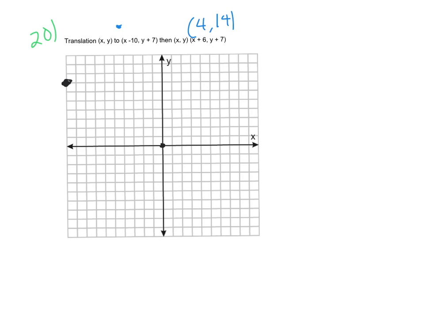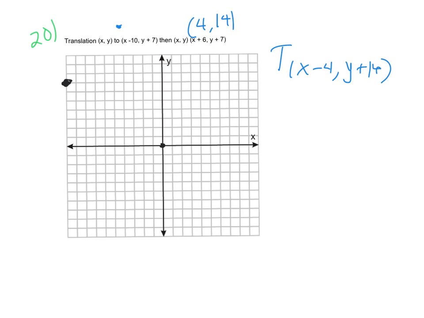Okay, and that kind of gives away what the translation would be. So a single translation of that would be a translation of x minus 4, comma, y plus 14. So that's what 20 would look like. I would think x minus 4, y plus 14, that would be a single translation. Okay, so if we look at another one, if we look at 21,